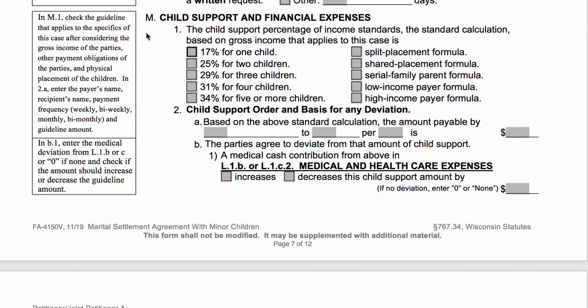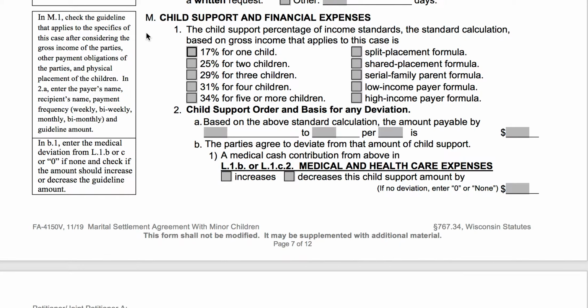So, everyone's favorite section. But before we get going, just a reminder that nothing in this video is intended to be legal advice. It's a video, so I'm not able to analyze your specific situation to determine if this paperwork is the right paperwork for you and your situation, to determine if what you're asking for is likely to be approved by a court, or to determine if what you're asking for in your agreement is what is in your best interest. So if you have those kinds of questions, I would definitely recommend getting some legal advice.